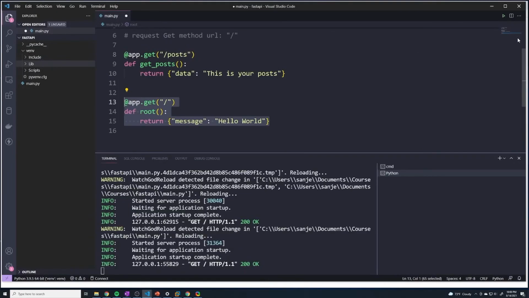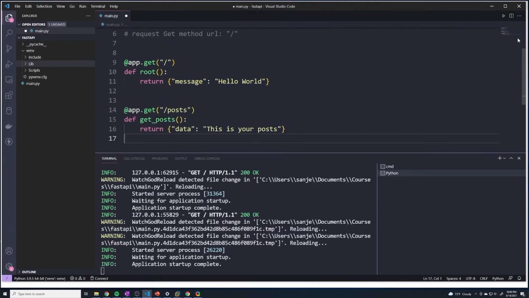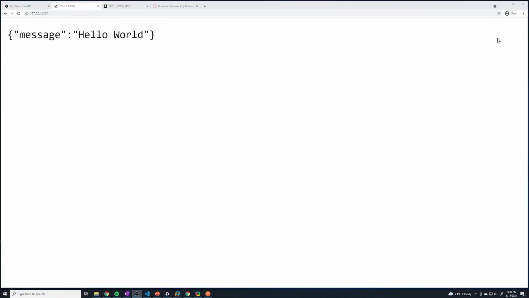And the reason I wanted to highlight this is that the order, in fact, does matter. So you have to keep that in mind, and it can impact the way your API ultimately works. So I'm going to just take this, move this to the bottom. But in this case, the order doesn't matter because they're hitting two different paths or two different URLs. Till now,